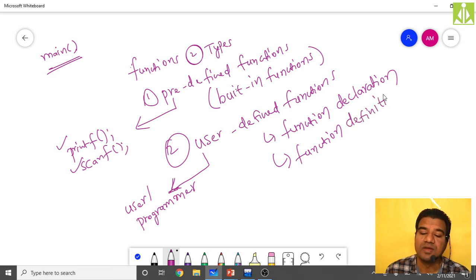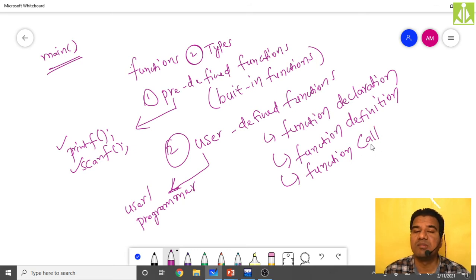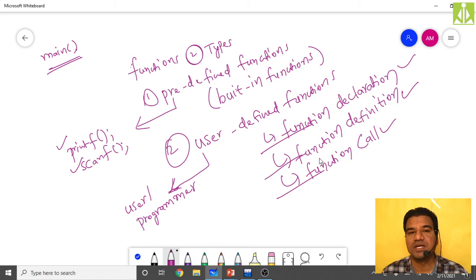Then finally the function call. Three things we need to understand. Function call is something same like doing the initialization. Function declaration, function definition, and function call. These three things as a programmer we have to do. We have to declare the function, we have to define the function, and we have to do the function call.